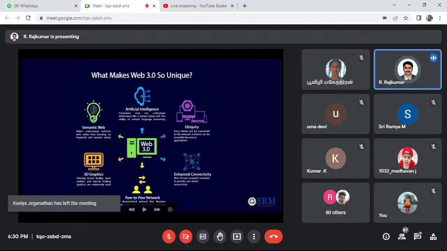It can be combined with AI, semantic web, 3D graphics, ubiquity, and P2P networks. For example, right now I am communicating with 80 people, but with Web 3.0 I could also communicate individually, with enhanced connectivity.